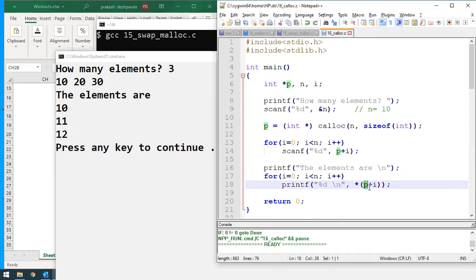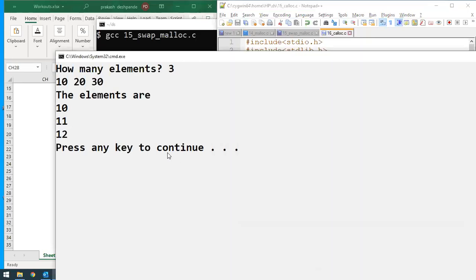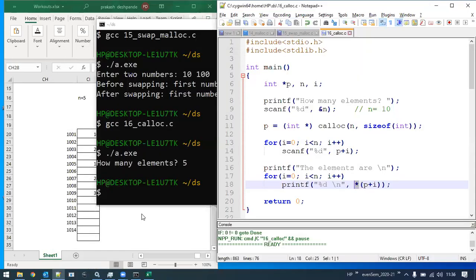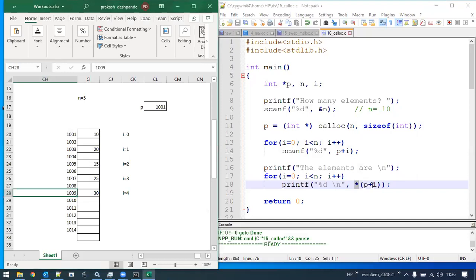P, that is 1001 plus 0, that is 1001 itself, and at that location whatever value is there, we get 10. Next time when i becomes 1, this address will be computed as 1003, and the value located at 1003 is 20. In this way, it is now going to retrieve the proper values which we enter.